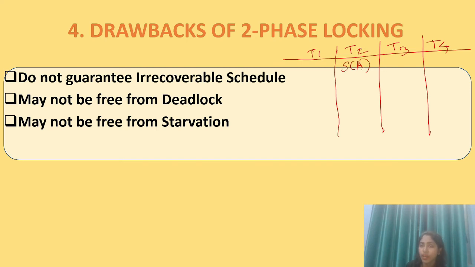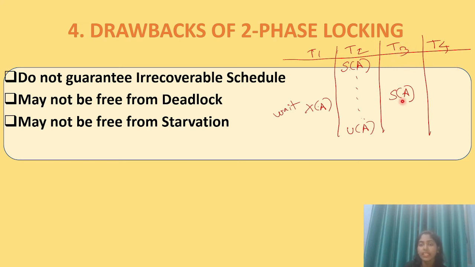T2 has acquired a shared lock on A and T1 wants the exclusive lock on A. He has to wait till T2 unlocks it. Now suppose T2 unlocks it over here. But before he unlocks it, T3 wants a shared lock on A. Now T3 will be granted the shared lock on A. Why? Because shared locks can be given simultaneously, without unlocking also. When a shared lock is given on T2, an exclusive lock on the same data item cannot be given to any transaction.